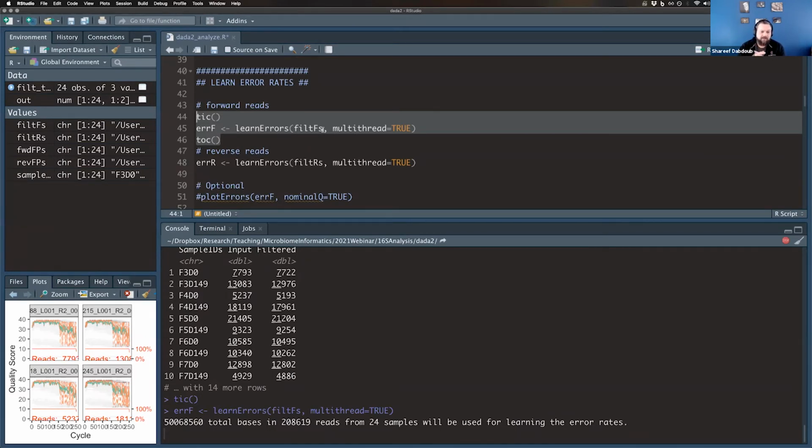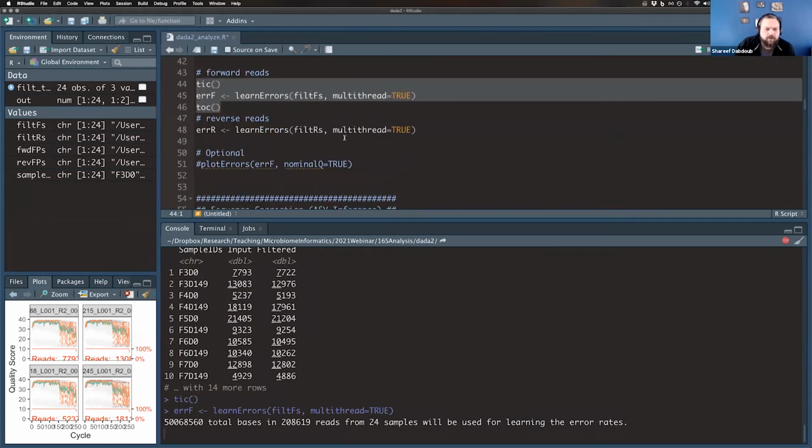He typically recommends this for sequencing centers, for example. But at the same time, it's a pretty quick process, so unless you're dealing with thousands of samples, it's probably better just to redo the error learning. So while that is running, okay,